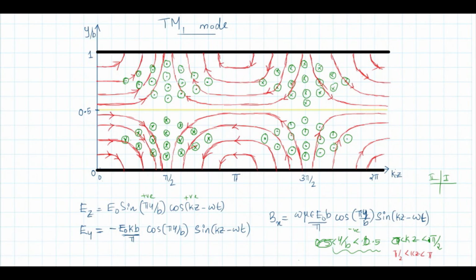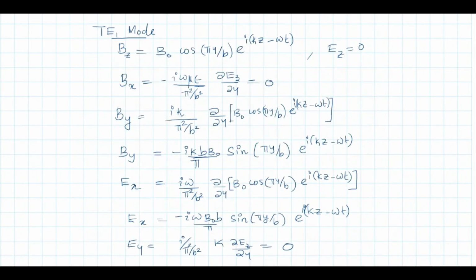Okay. But from pi to 2 pi region, this sin kz becomes negative. Again, cos is positive because we are considering 0 to 0.5. So Ey becomes positive, since already you have a negative sign. Ey is positive means in the upward direction. That is why arrows are in the upward direction. In a similar manner, you can explain the entire figure, the entire field configuration inside the parallel plates.